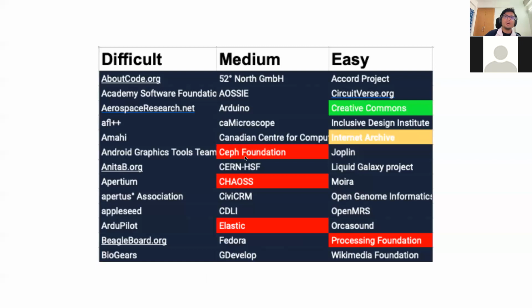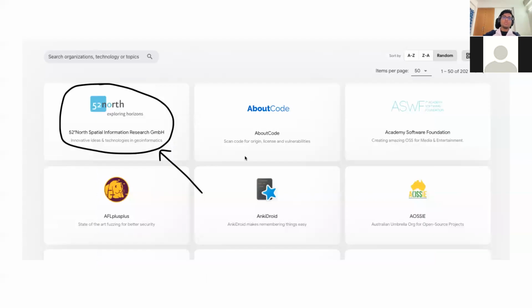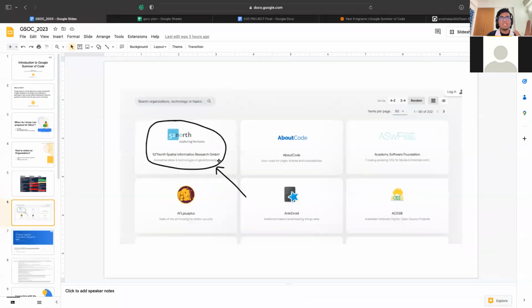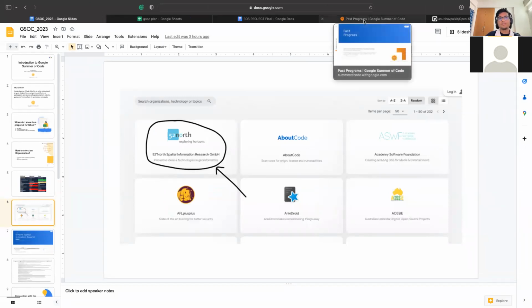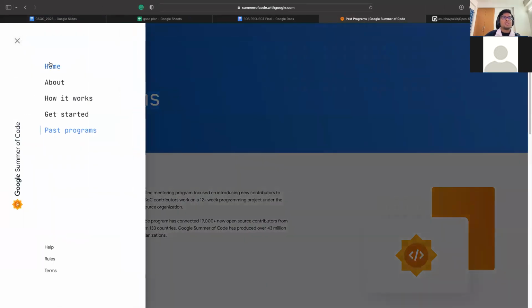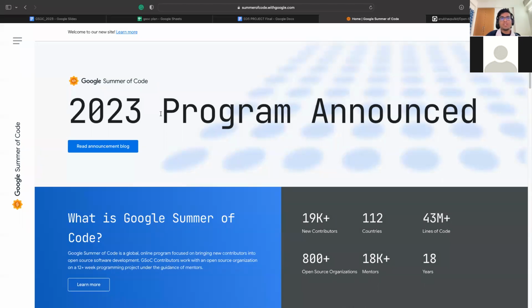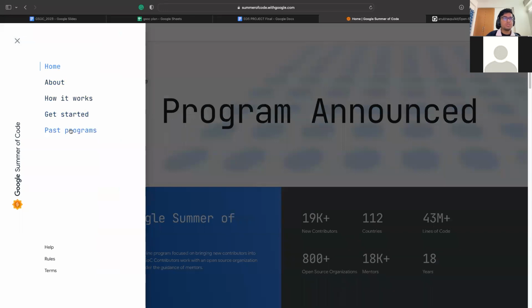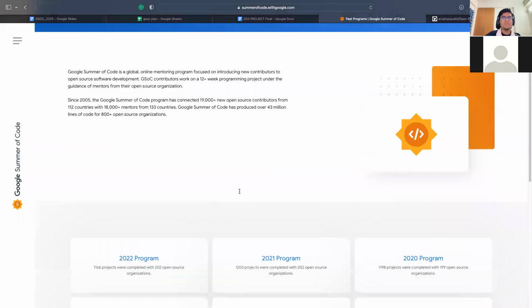Okay, so now I'll just go through the process you need to do in order to know more about the organization, because simply just browsing the entire list and going through the names won't give you much of an idea. So I'll just quickly go through the actual website of GSoC in order to represent this in a better way than a presentation. Okay, so when you open the GSoC website, you will land up here, the main homepage. Then you need to go through this menu to the past programs section.